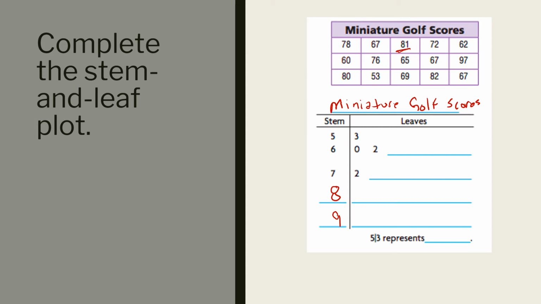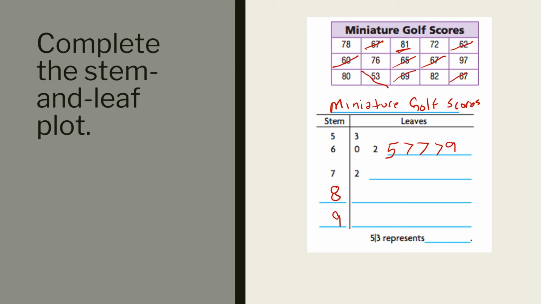So let's go through and get all the 50s out of the way. I see a 53, which is already here for us. And I don't see any other 50s. So let's go in and get all the 60s. I see a 60. I see a 62. Looking through there, 67, 72, 67, 65, 69. So 65 will be next. Then a 67, another 67, a third 67, 69,